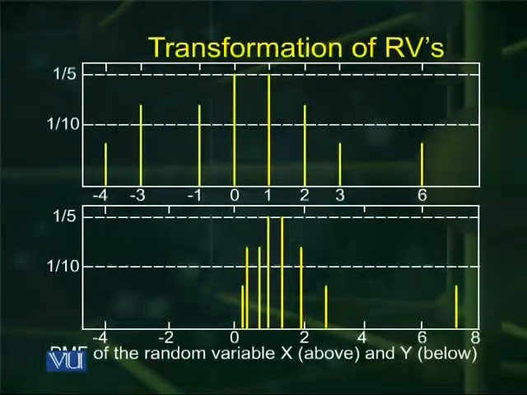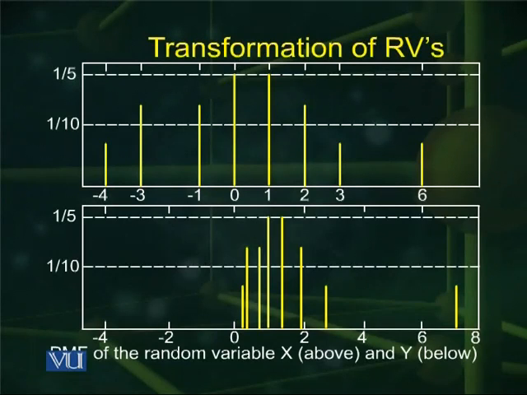If you look carefully at this slide, you will see that the random variable x takes on probability values in a certain sequence, and that sequence is maintained in the random variable y. In the random variable x, the leftmost value is minus 4 with an associated probability value of 1 over 15. The corresponding point in random